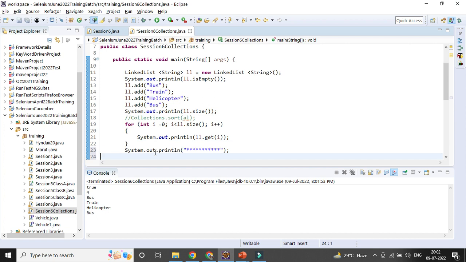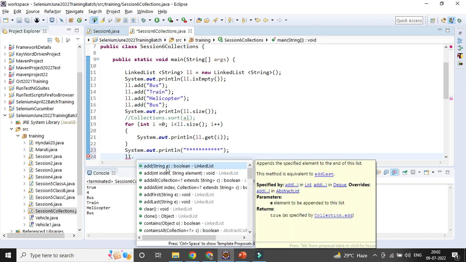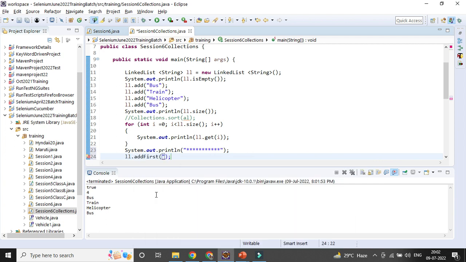Now when you press LL dot, what will happen? You can see it. Suppose I want to remove the first one. You can see add, and apart from add, there are two more methods added: add first and add last. That was not available in the array list. So if you want to add first, suppose I want to add train. Train is already there, so maybe I can add